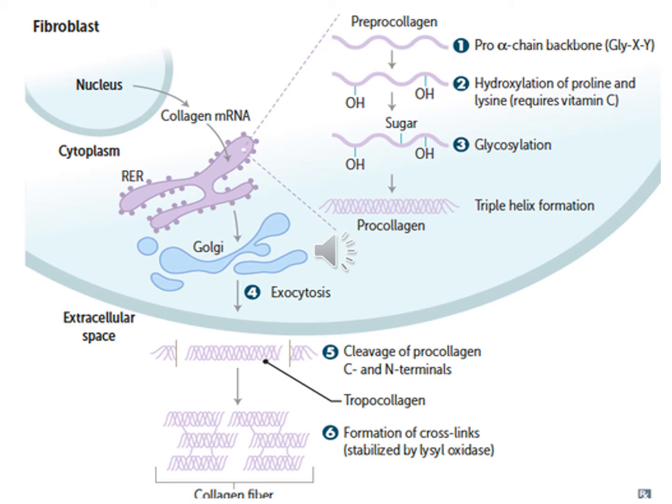So first of all, formation of pre-pro-collagen molecules, pro-alpha chains, then hydroxylation, which takes place in the presence of vitamin C. After hydroxylation, sugar ions are added. This is known as glycosylation. And then a triple helix structure is formed, which is known as pro-collagen. Assembly of the pro-collagen molecule, which is a triple helix, and then transport of the soluble pro-collagen molecule to the Golgi complex. In the Golgi complex, the pro-collagen is packaged into secretory vesicles, and the secretory vesicles, assisted by microtubules and microfilaments, transport the pro-collagen to the cell surface. When it is on the cell surface, it is exocytosed out.